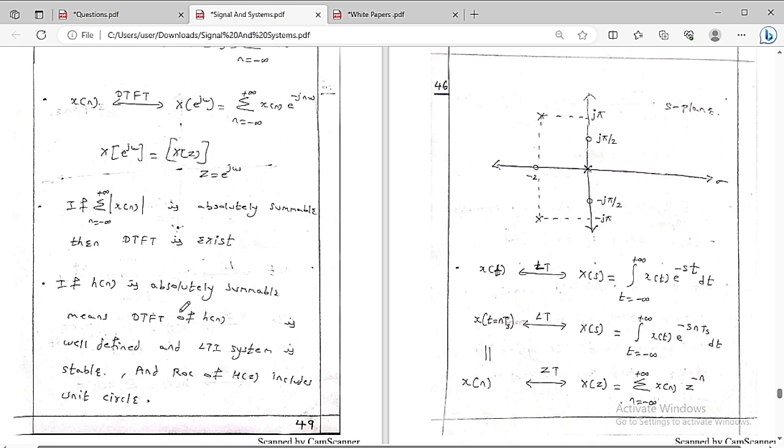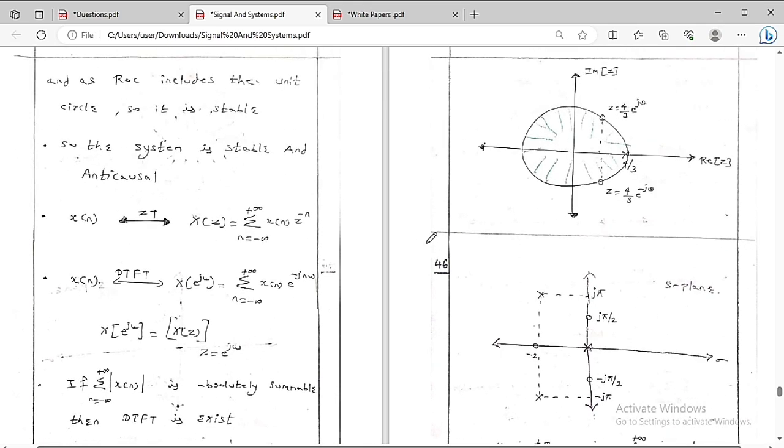Then the ROC of h of n is going to include the unit circle. If h of n is absolutely summable, it means the discrete-time Fourier transform of h of n is well defined, and the LTI system is said to be stable, and the ROC of h of n is going to include the unit circle. So therefore we can say, as you can see clearly, I am going to draw